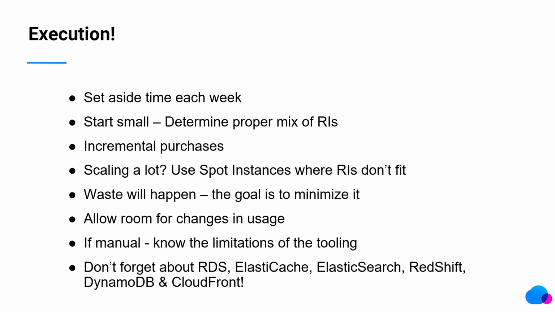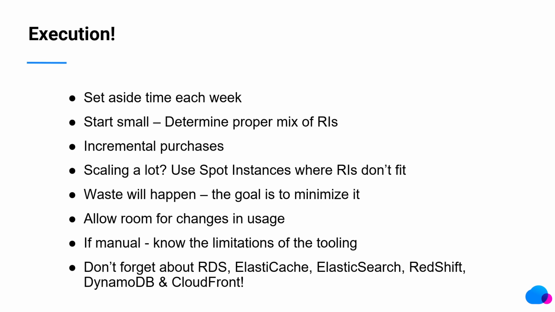Allow for changes. Expect that teams might want to have a ton of instances running, and 3 months from now, they might be able to right-size it, or they're able to make something run a lot more efficiently, and they end up not needing it. Or AWS launches a new instance type, and they want to take advantage of it, so they might want to move. So build flexibility into your plan with the assumption that you will possibly have to drop everything and move stuff around to adjust to any changes